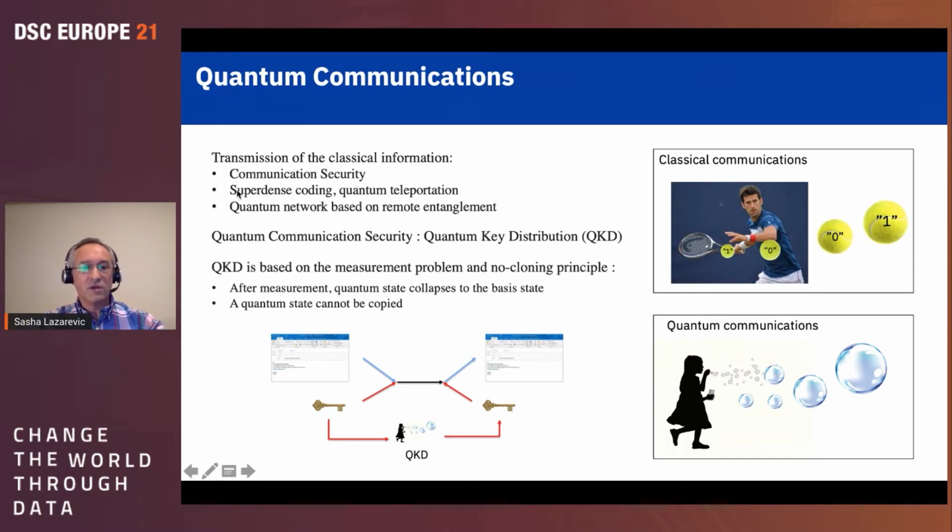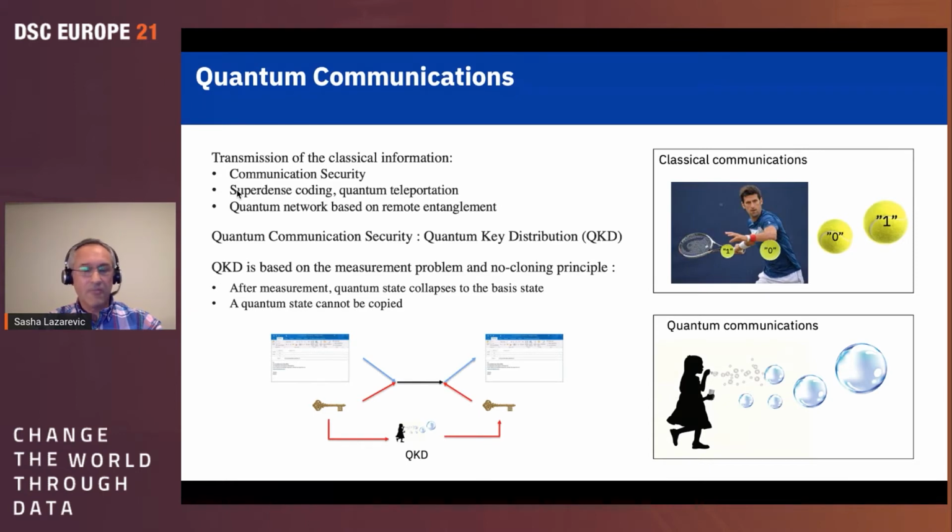There is also another group of use cases based on superdense coding and quantum teleportation algorithms. When you start learning about quantum information science, these are basic algorithms, and they actually show that you can save resources. You don't need 2 bits. You would need just one quantum state to communicate the information. So the idea is how to compress your communication protocols, how to reduce the resources needed for transmitting the data.